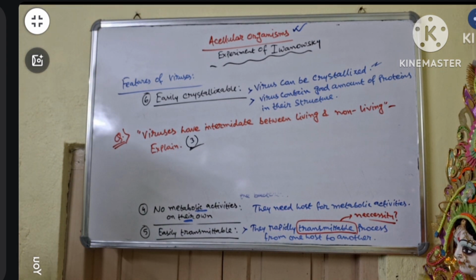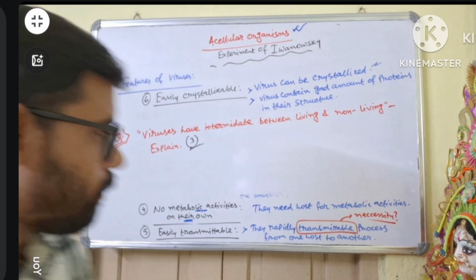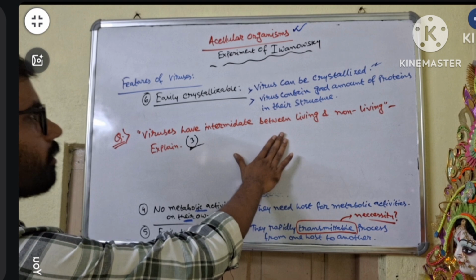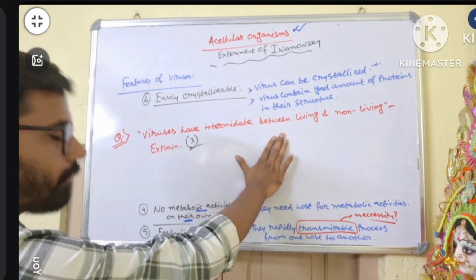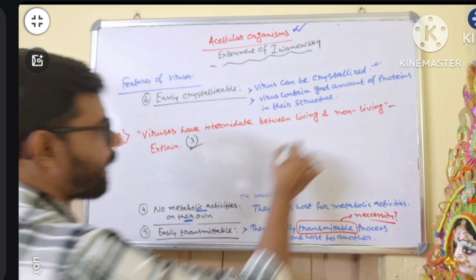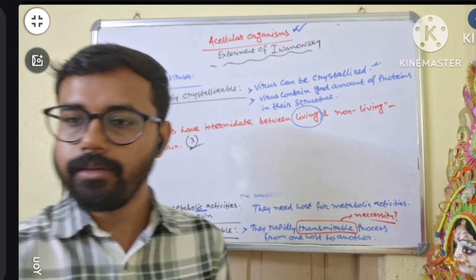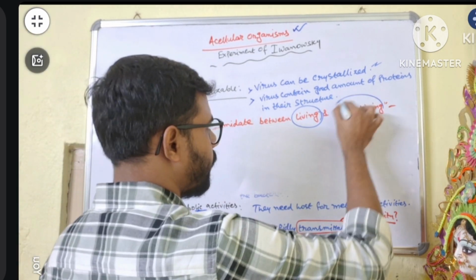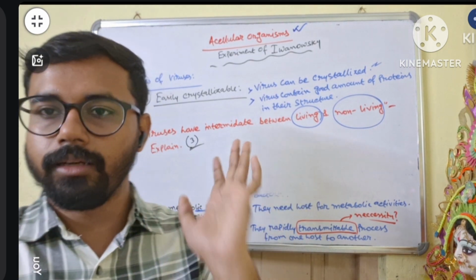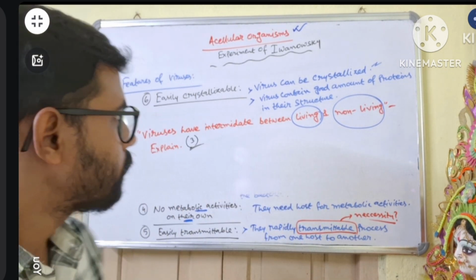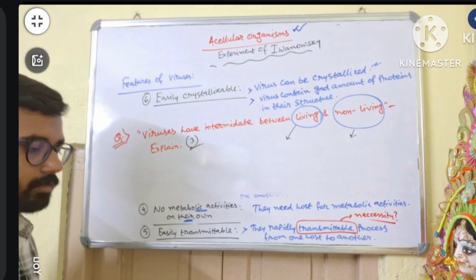You have to work out from the virus features. So what you have to do: is the statement correct or wrong? The statement is correct. Viruses are intermediate between living and non-living properties. So you have to add living-like features. What are the living-like features of virus? And second, you should write the non-living features of viruses. Now take some living-like features and give some non-living-like features.